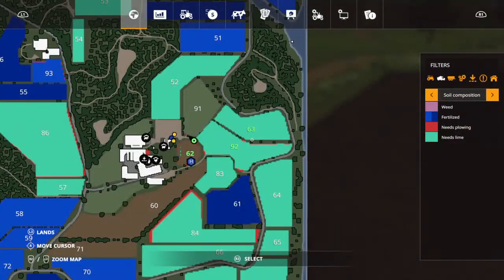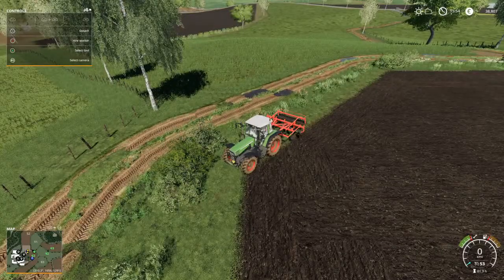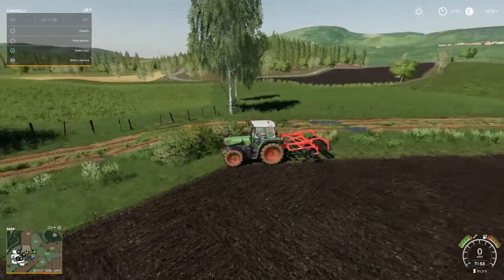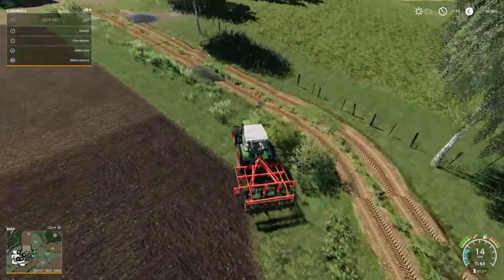So actually the field we just bought is the one right behind us. Oh, that's handy. And the other one we've got is over there. So as soon as the seeder's ready, we can go seed it. We need to lime it as well, but